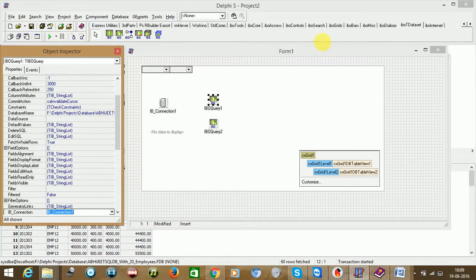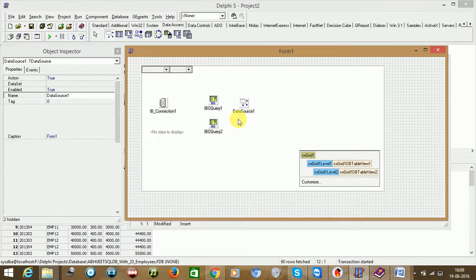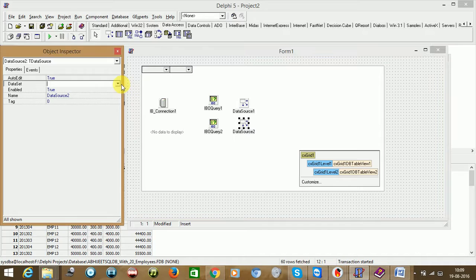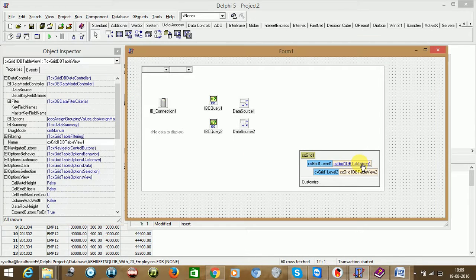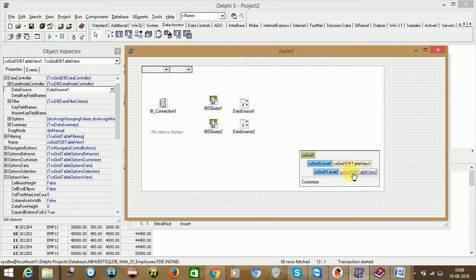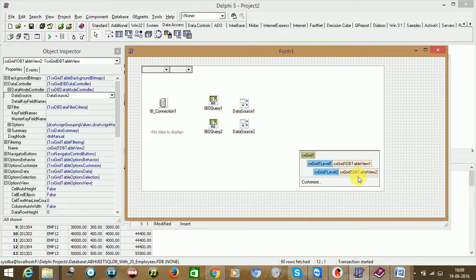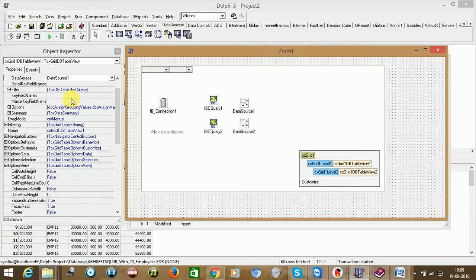That's it. Come back here to have our 2 data source components, data access. Put here, then put here. Assign these 2 components. Query 1, come here, and then again select this one. Now these data sources need to connect with the view component. Just come to data controller, data source, and say data source 1. For this, click here, and say data source 2, fine. Now we need to connect these two views. So just click here, and